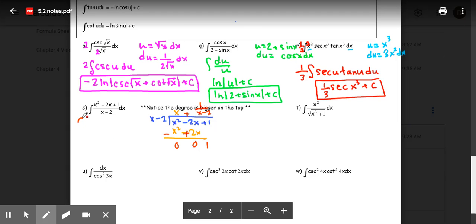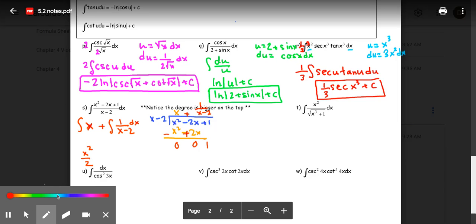So what you did was you long divided to write this in a different format so that you can now integrate. This is an x. And you're going to integrate each part separately. Both of these really have a dx in it. So to integrate x, you get x squared over 2. When you integrate 1 over x minus 2 times dx,